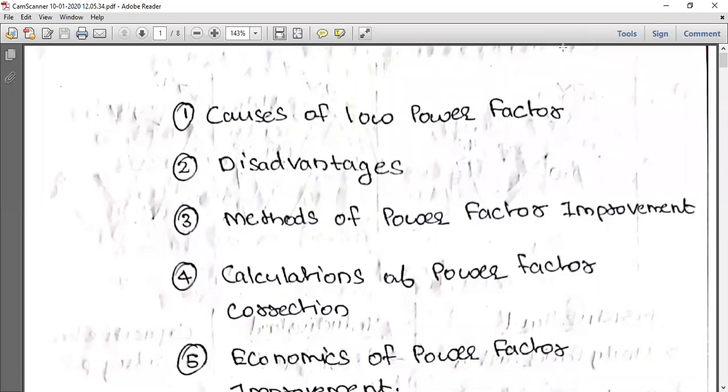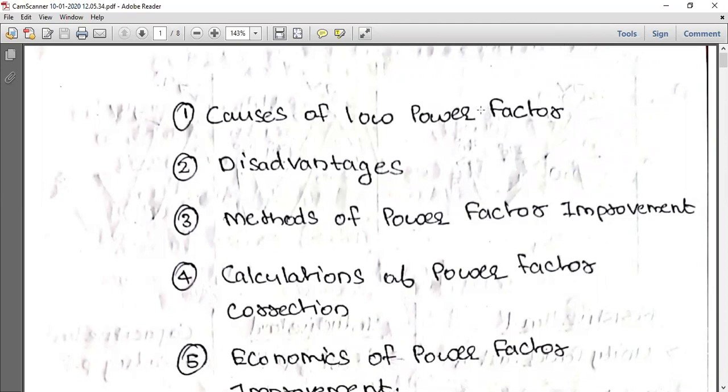What is a power factor? How do we calculate that? What is the formula? What if the power factor is less? What if the power factor is more? What is a leading power factor? What is a unity power factor? What is a lagging power factor? How can we improve power factor? All these things together we will be dealing with in this session.